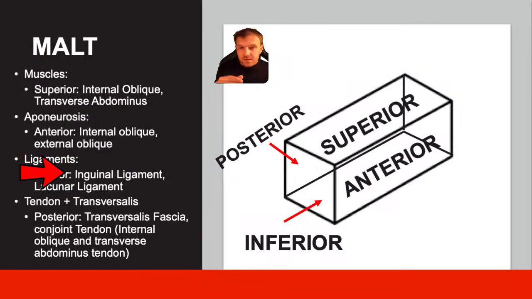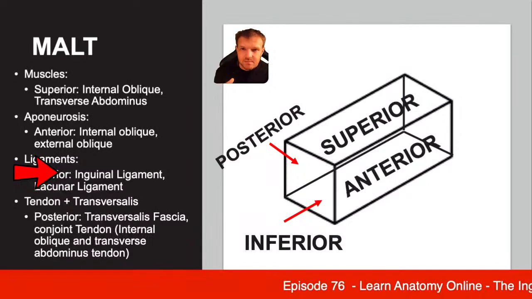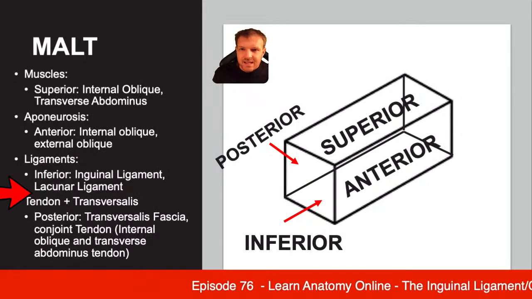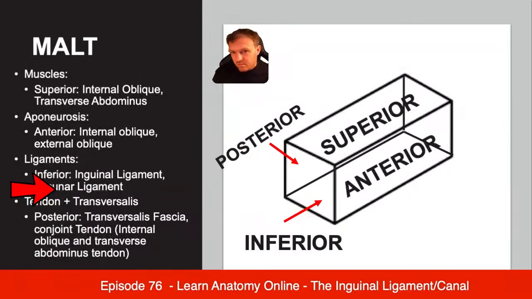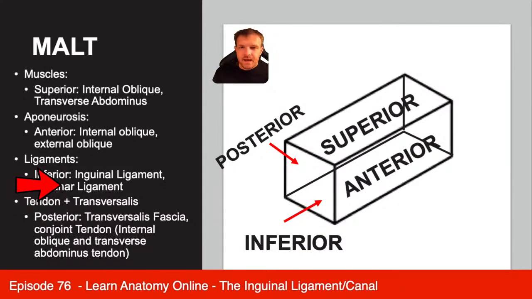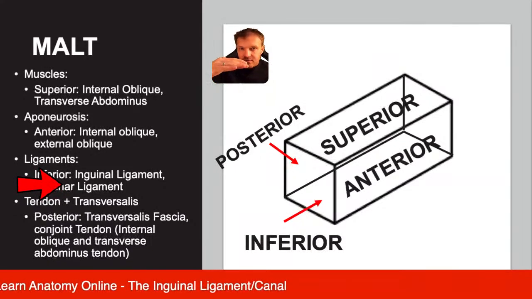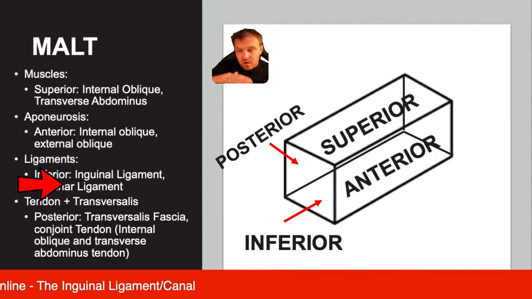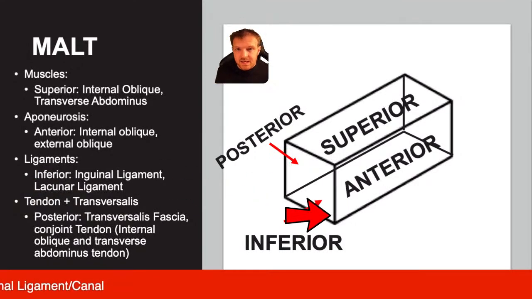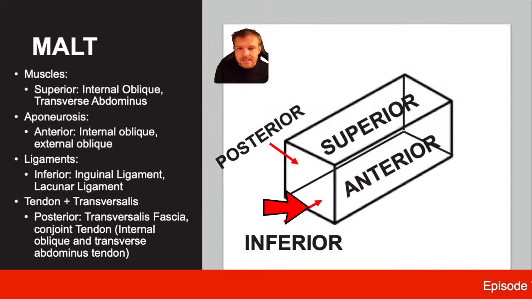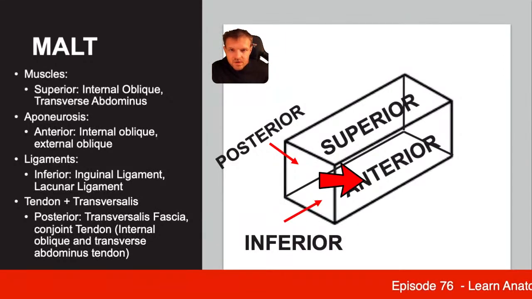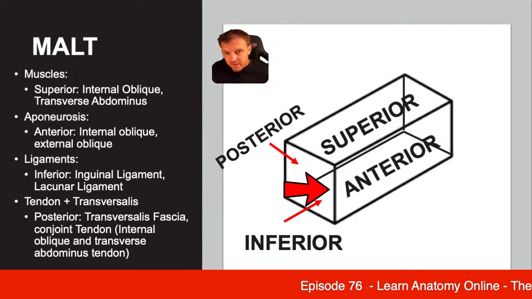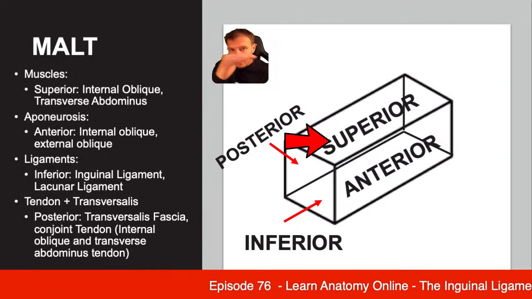So the inguinal ligament, which is what we've talked about before, goes from your ASIS onto your pubis, and again we'll have a look at these in a bit more detail in a second. And something called the lacunar ligament that you may not have heard of before. Those ligaments form the floor of the canal, so they're on the inferior aspect, so down here. Okay, so that's the front, that's the floor of it, and then that's the top of it, so you've got